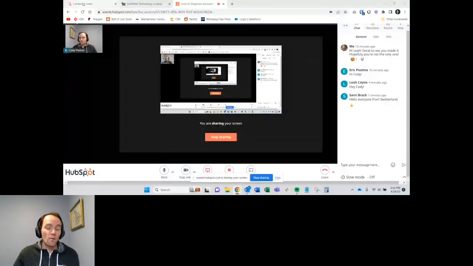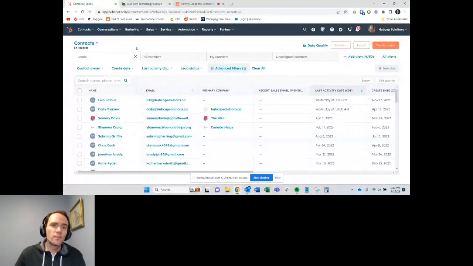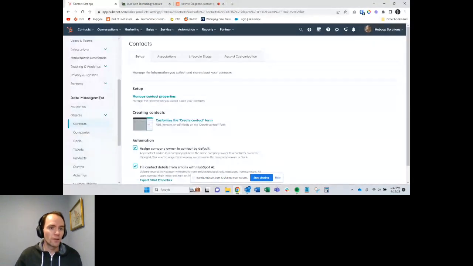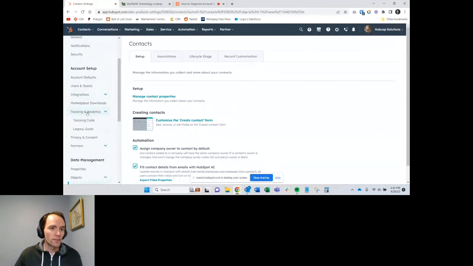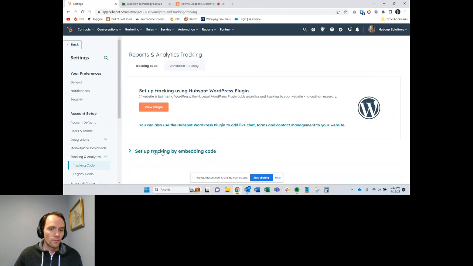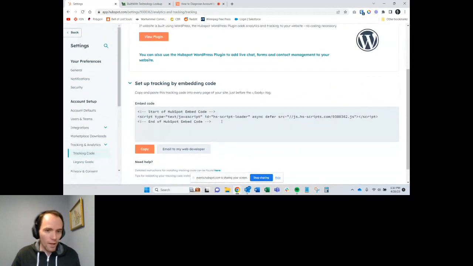I'm just going to share my entire screen because I think that's going to be easier for jumping back and forth. So, like I said, settings, tracking and analytics, tracking code. So this is the actual code that you're going to be looking for to confirm that it's in place. There's a couple of ways I commonly go about doing that. The easiest,